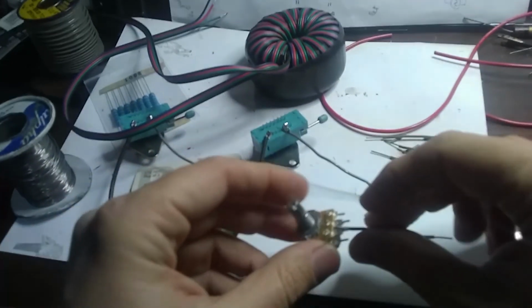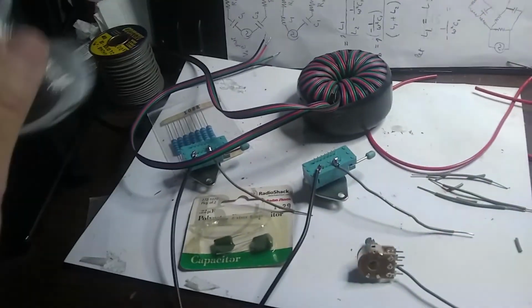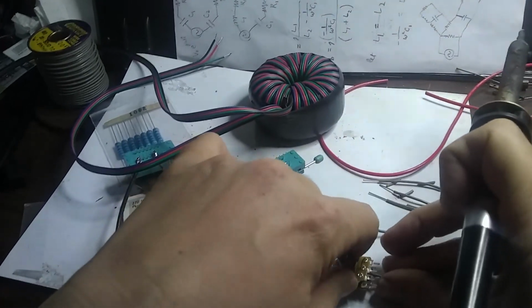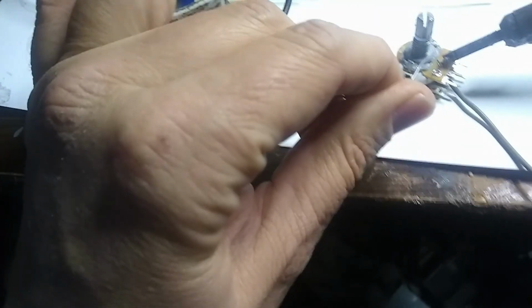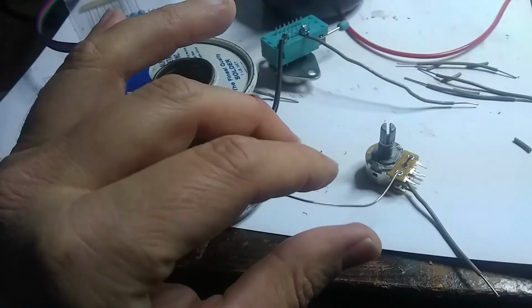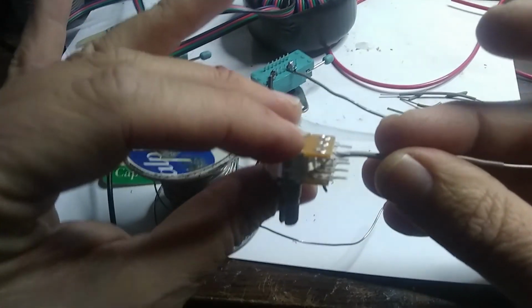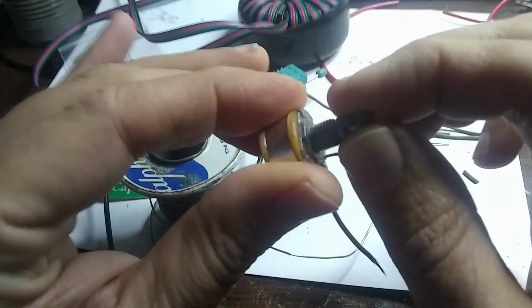Okay, there we go. See, I got it through the hole, like so. We have our soldering iron here. Let's see if we can solder that wire through there. And I'll get 4 of these wires soldered in place, hopefully. Get them soldered so they're not touching each other. See how that works. Okay, see if we got a good solder joint there. Okay. So there we go. I think I should be able to do the other 4 that way, or the other 3. And we should be good to go. Very cool,